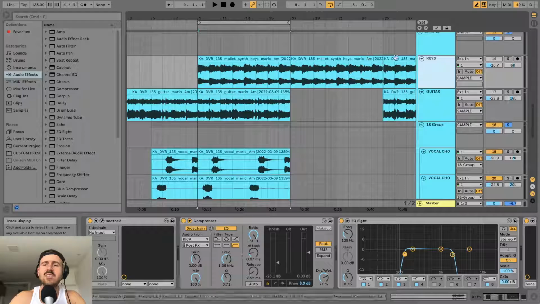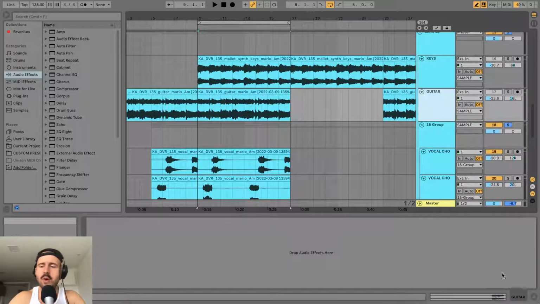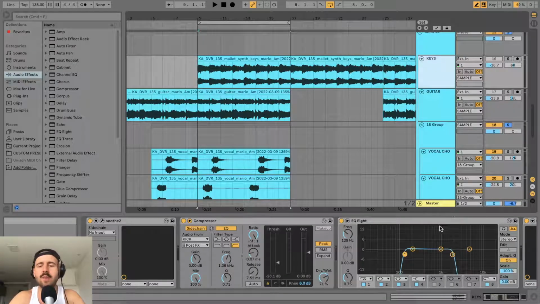So as you can tell on the keys, oh, I thought I had an EQ on the guitar, but maybe I'm tripping. So that's bad practice. I have absolutely nothing on the guitar. What I should have on here is some sort of an EQ like this, and like I have it on the keys here, you can tell I've cut out everything on the low end